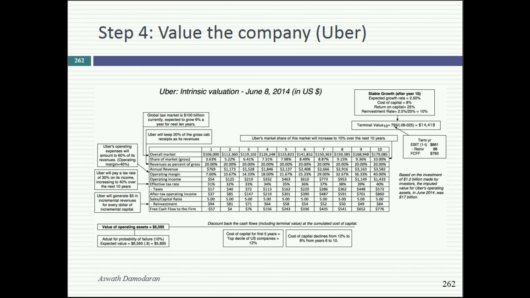The people on the Forbes blog loved it. They said, this is exactly the way they should be valuing companies. I'd even waste my time on their site, because they all pat you on the back and say, oh, amazing, this is how we should be doing things. Yeah. The TechCrunch guys absolutely hated what I did.